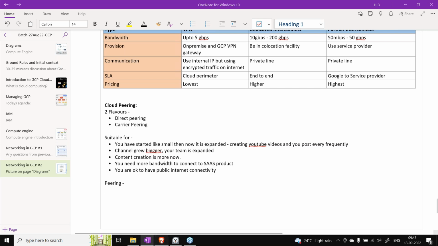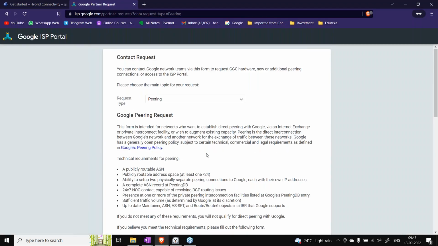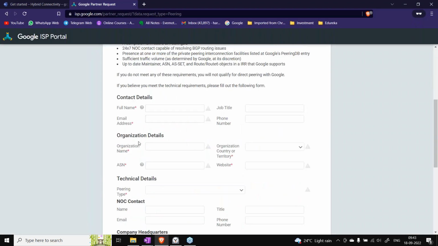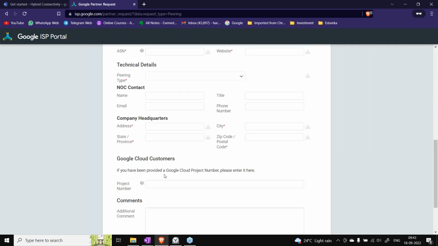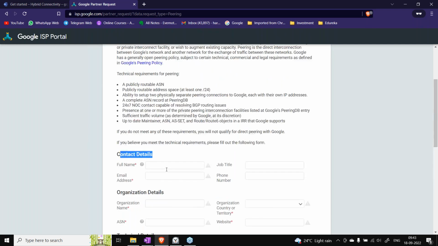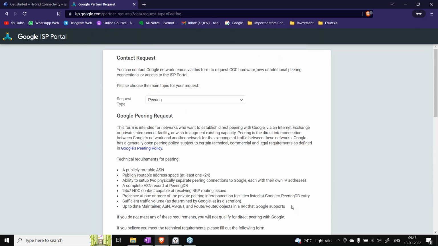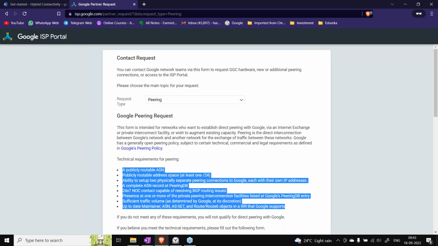Here you need to provide your organization details and contact details and so on, then submit that form, and Google will connect with you for your requirements.